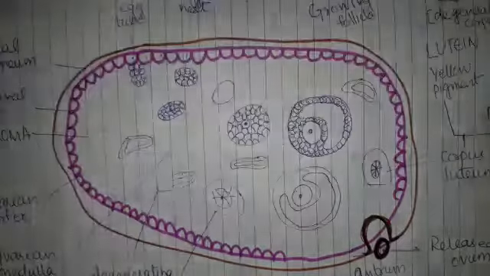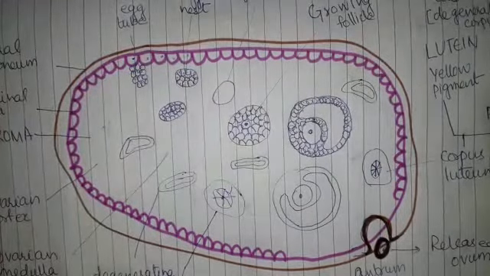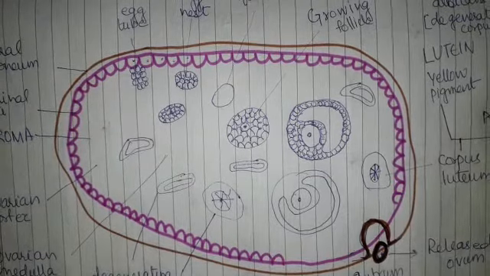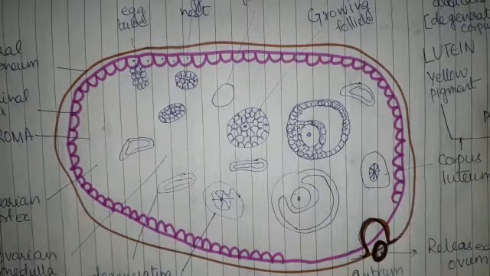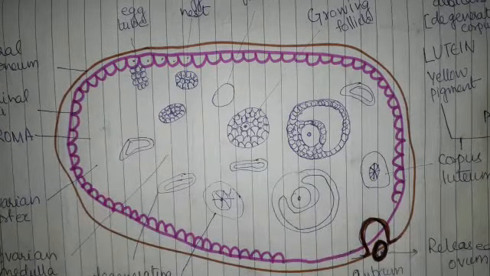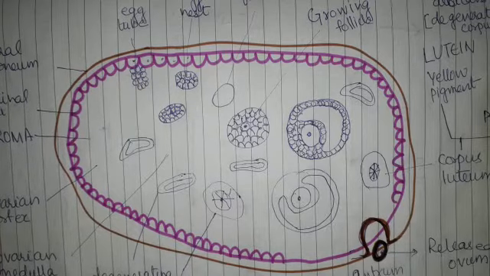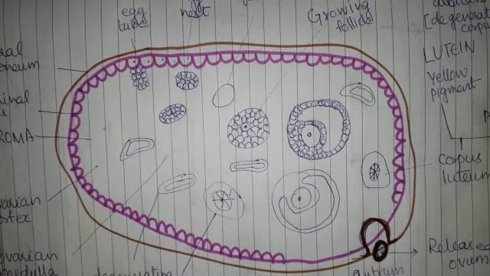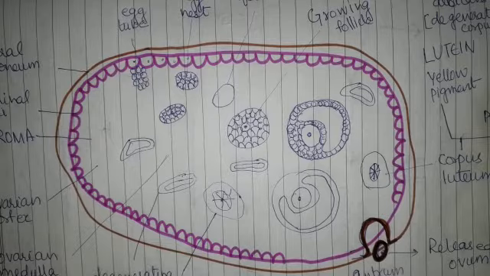Now the next topic is oogenesis. Oogenesis is formation of egg in the ovary. Before going to the process of oogenesis, let us discuss the TS of ovary, the structure of ovary. This is the TS, that is the transverse section of mammalian ovary, and the ovaries are solid organs